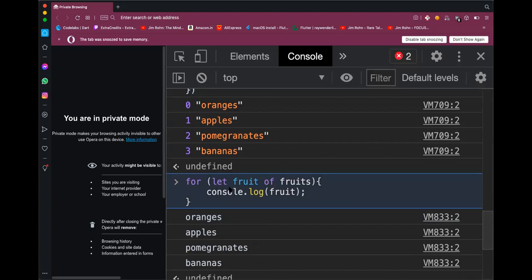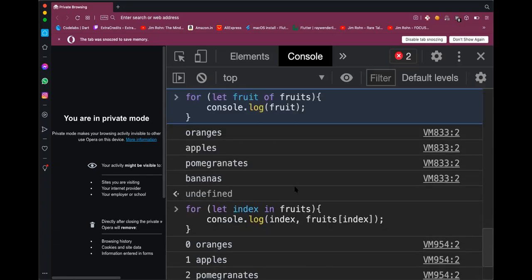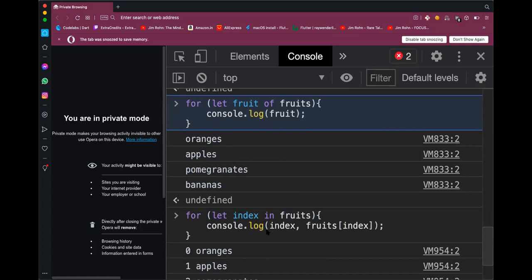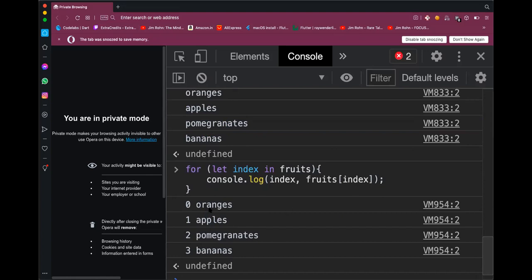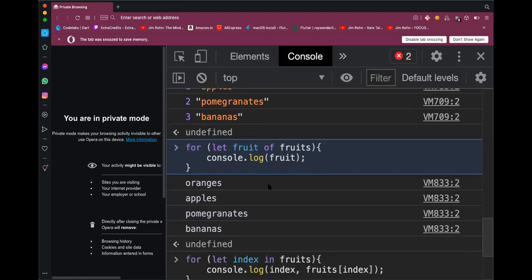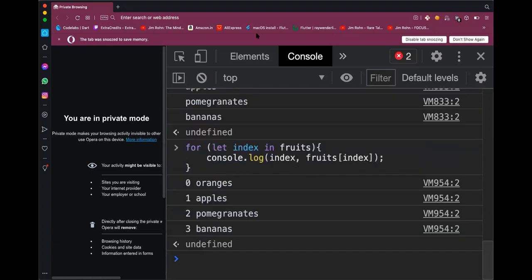For of, the syntax is a little bit different. We initialize a variable and then it automatically iterates over all the elements in the array. For in is similar. The only difference is in for in we get this 0, 1, 2, 3, and then we have to derive the value from the index. In for of syntax, we directly get the value. So just to summarize this, I will write things here.